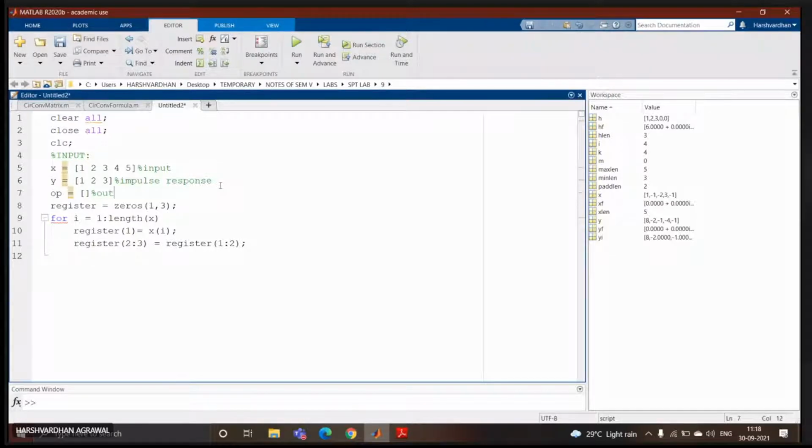तो डिफाइन करने की जरूरत नहीं है, वैसे भी you can put it zeros, or otherwise you can directly mention over here output, so p of I into register. रजिस्टर I क्यों लिख रहा है? Sir, रजिस्टर का corresponding all values of register will multiply with the impulse response, है ना? रजिस्टर डॉट स्टार y,